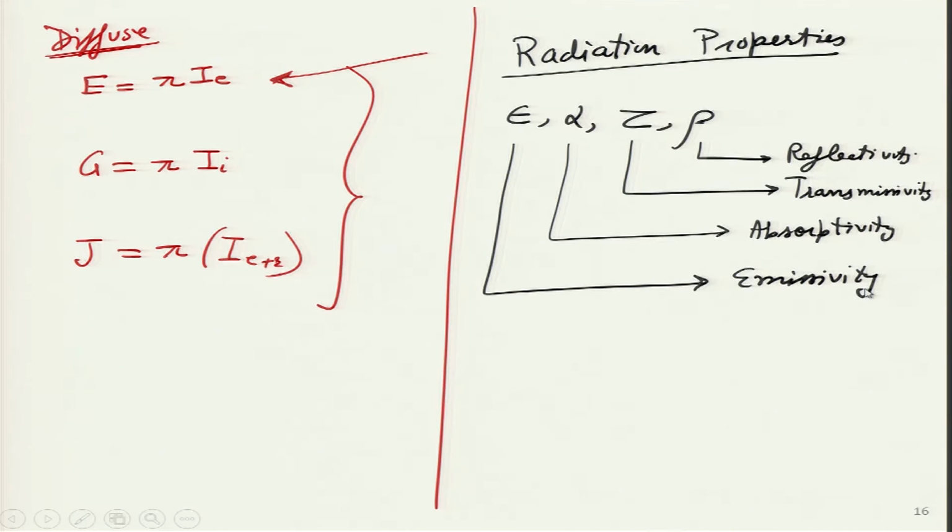So, we will look at all these 4 cases, but we will spend maximum time on emissivity. If we understand it very carefully and build a very good understanding of emissivity, then we will be able to understand the other parameters very quickly. So, with that background, let us go ahead and look at emissivity first. We will start off with the simplest case in emissivity. Let us start with the black body.